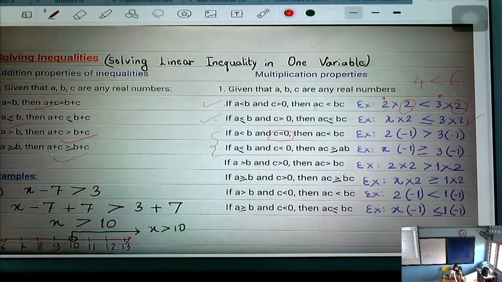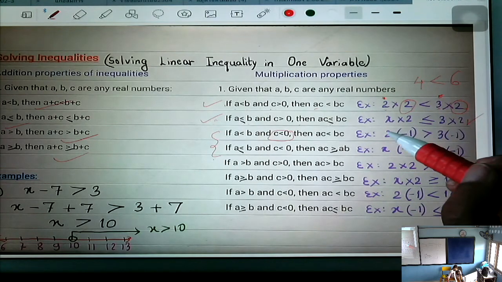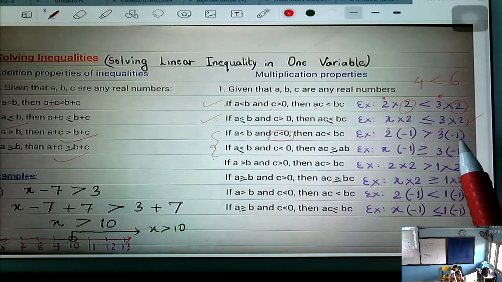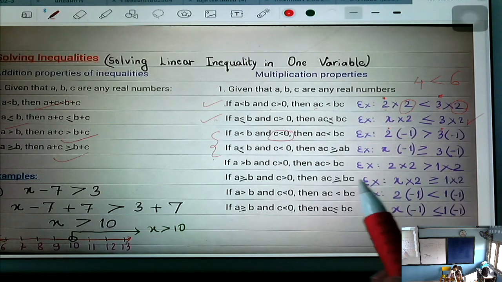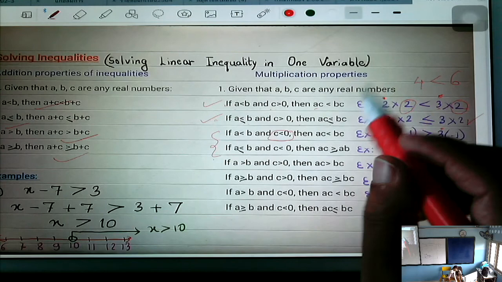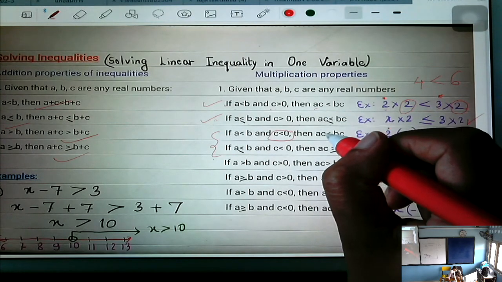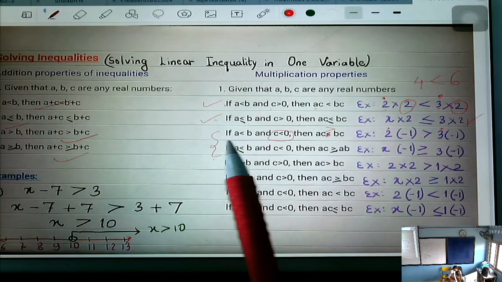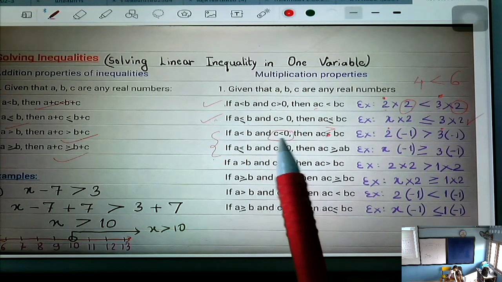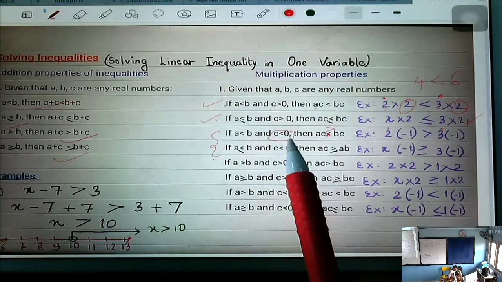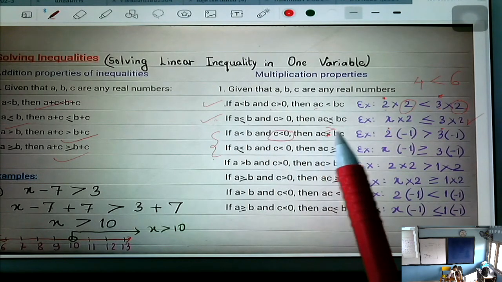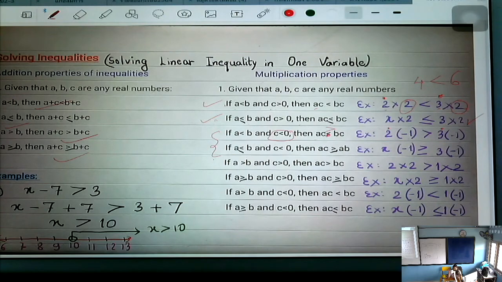If you multiply A and B with the same negative number, then the sign changes. The rule is, if A is less than B and C is less than 0, multiplying with a negative number,